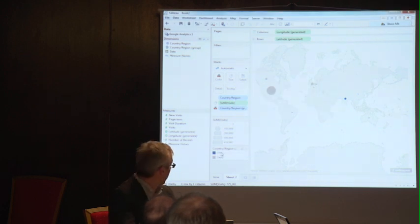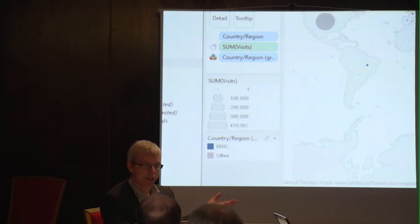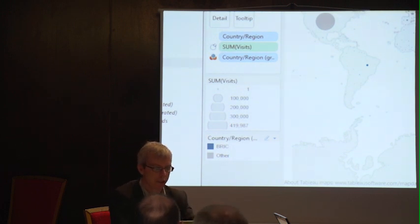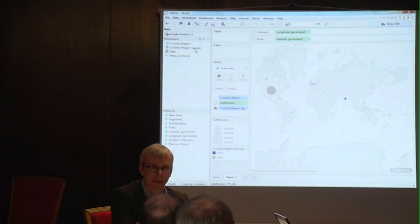So if you can see down at the bottom, let me just zoom in. At the bottom, I've now added this color legend based on what I selected visually, just by having a look at things. I've got a new dimension up here in the left. So I've now created data that didn't exist in Google Analytics, or didn't exist in my Hadoop cluster, or wherever your data is. So I'll rename that group